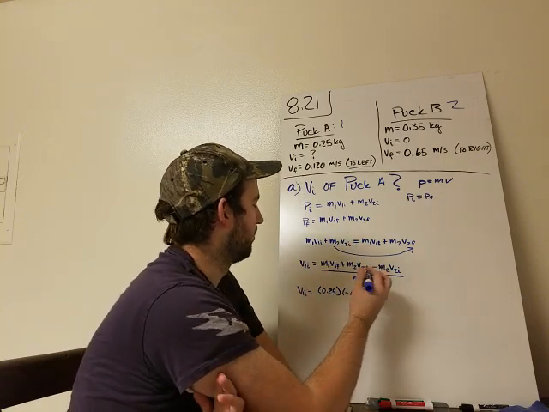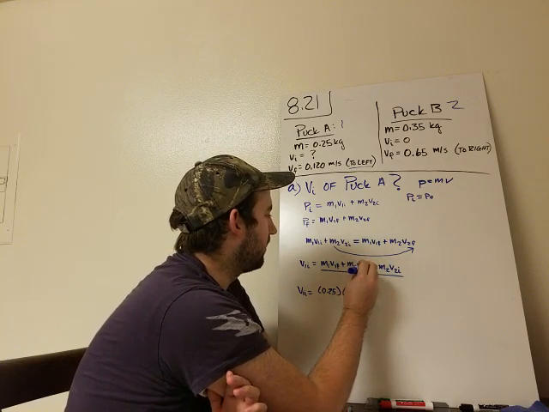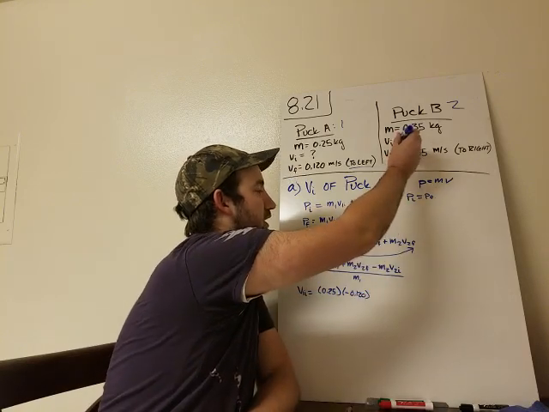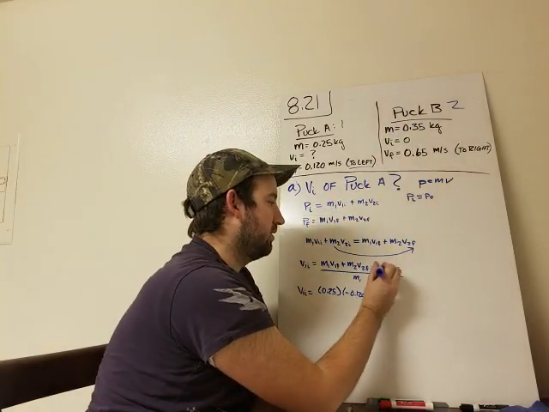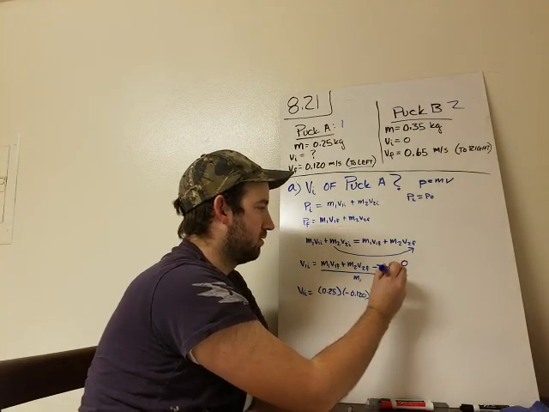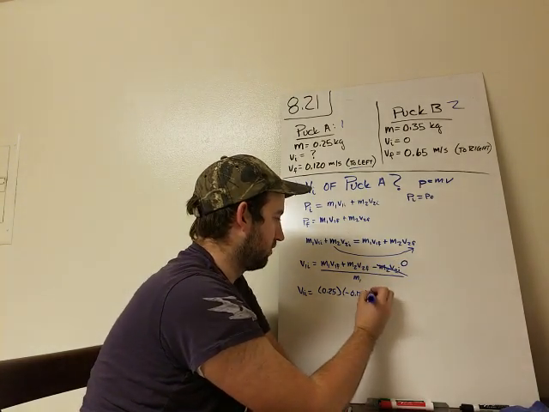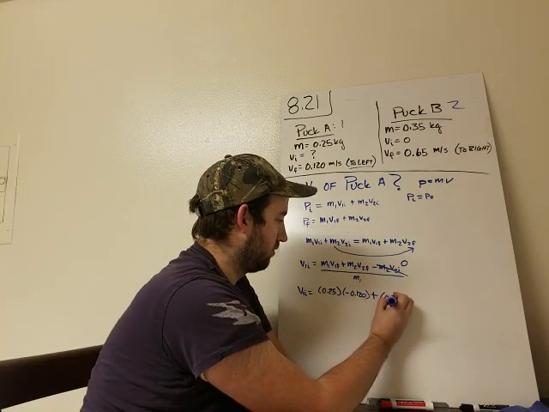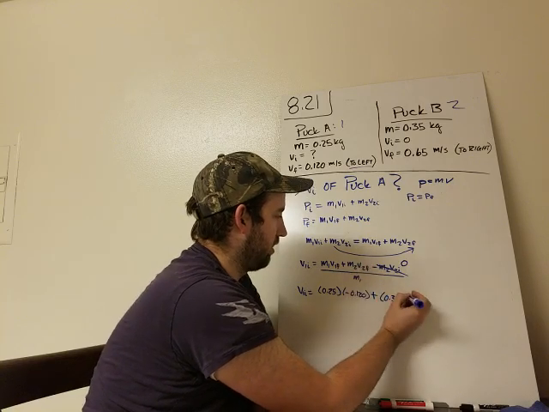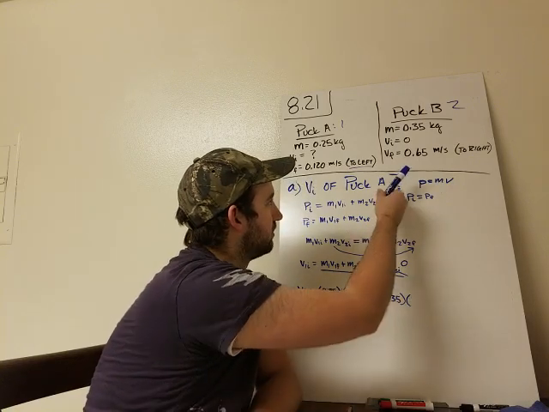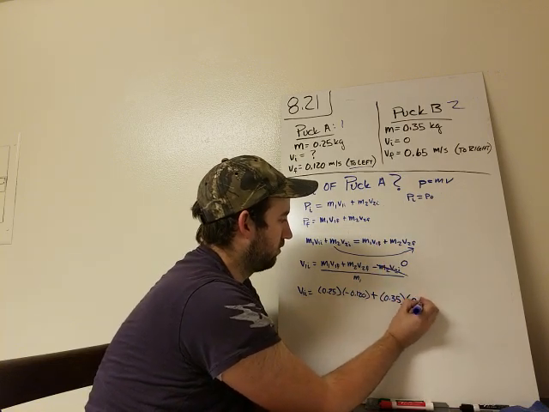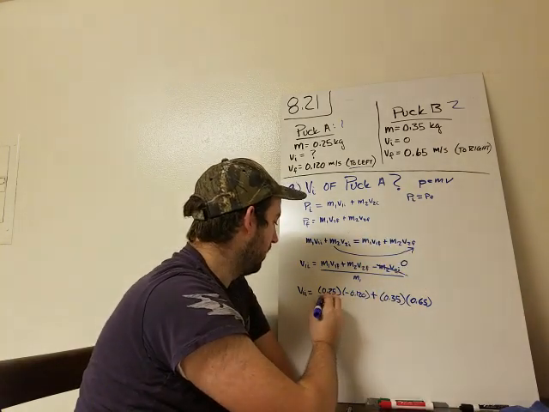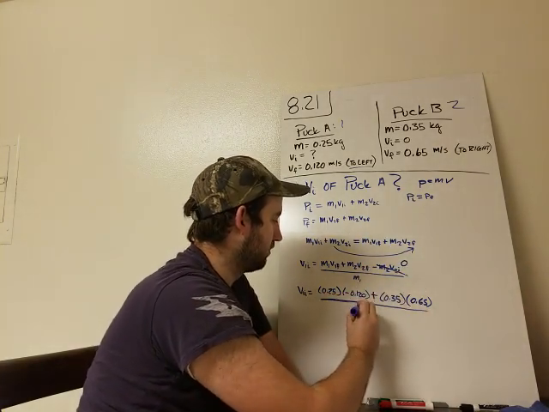I got confused looking at my notes. So we know that the initial velocity of puck B is 0, right? So we know that this whole part is just 0. And so then what we end up with is plus mass 2, which is 0.35, times the final velocity, which is 0.65 meters per second, to the right, so it's going to be positive, and then all this is over